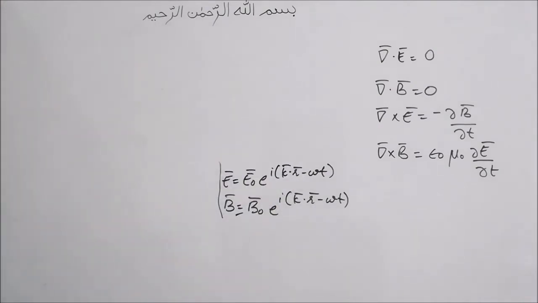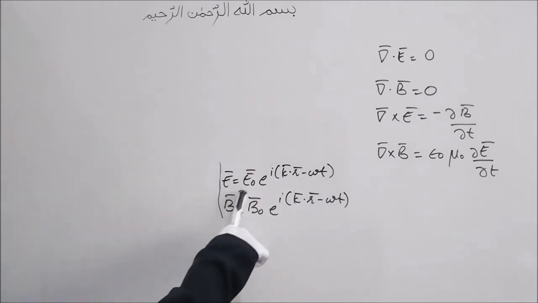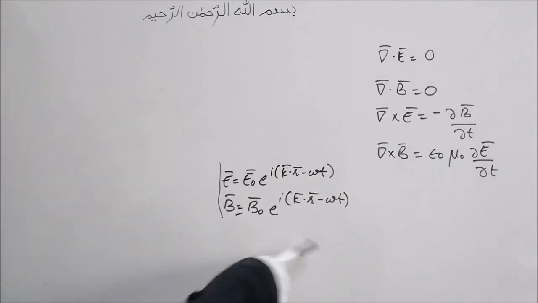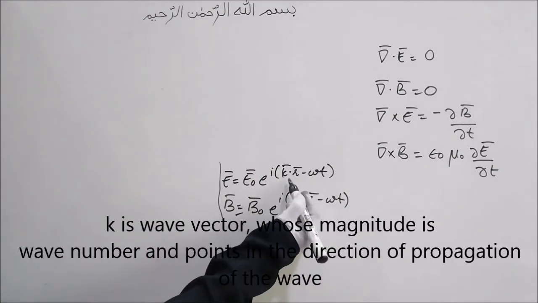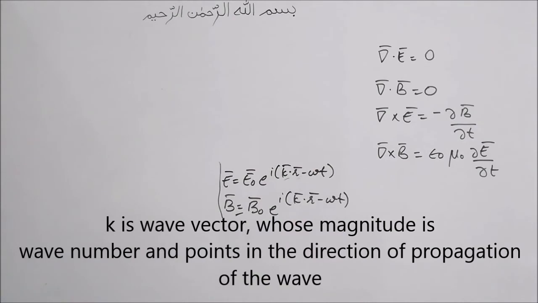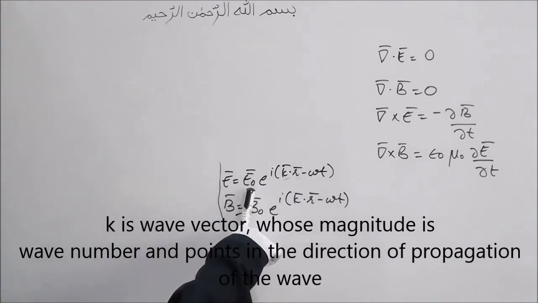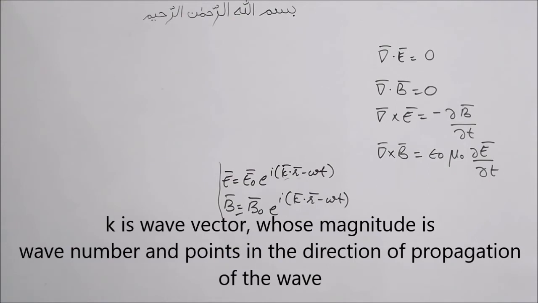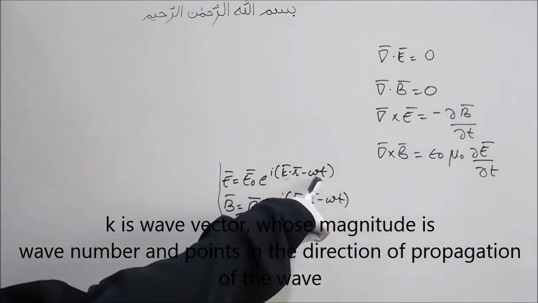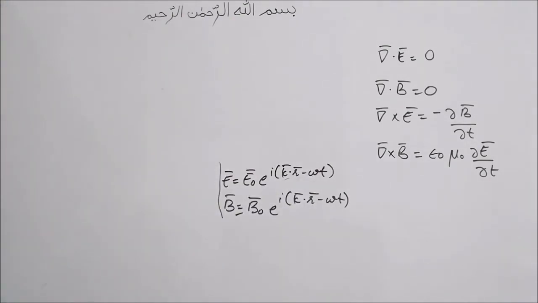These Maxwell's equations that we have seen, we can write them in terms of k. So before that we have seen these solutions, E bar is equal to E naught e raised to I k bar dot r bar minus omega t and all that. This k is called the wave number, which will give us the direction of propagation of the wave vector. The magnitude of this E naught will be the amplitude of the wave. Omega here is called the angular frequency of the wave.